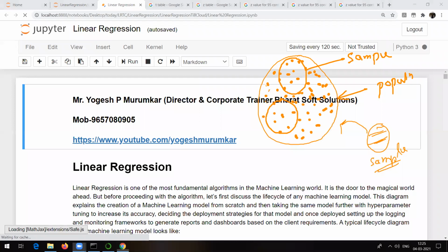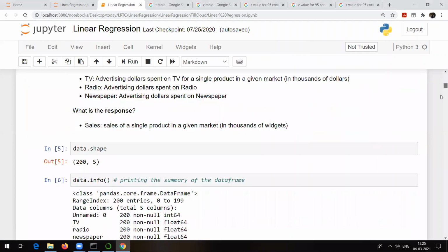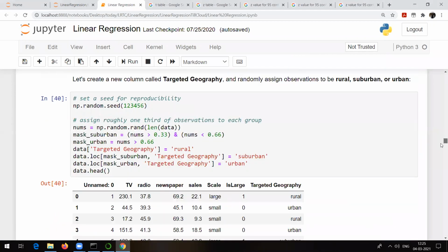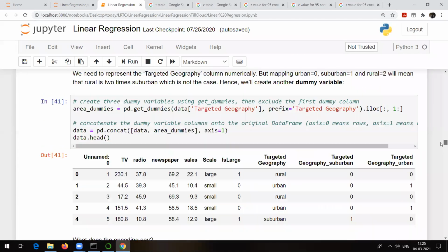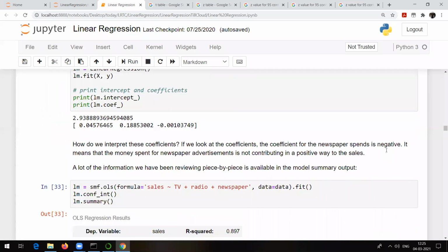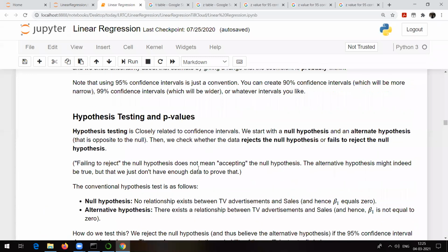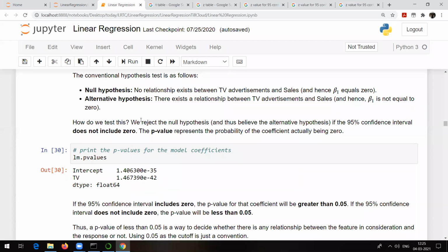Now you can see this particular file. Let me go and show it to you. What is the next part? We are trying to talk about hypothesis testing, which is what I have explained to you. Let me go to that particular topic here. Now see, this is what we have seen. So how do we do this test that we have seen?